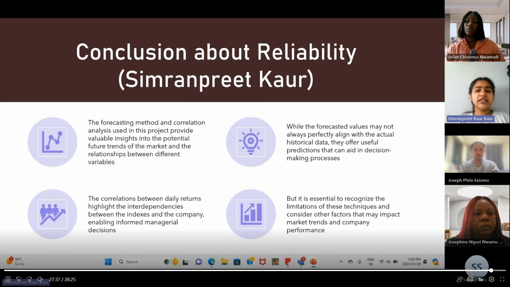Another important thing is that once the predictions are done, the company should not completely depend on these predictions, because there are some limitations to them. Sometimes there can be some market situation, like inflation or some other reasons, or a reduction in the labor market. Anything can happen which can change the original trend and cause more fluctuation. So it is important for the company to not completely rely on these results, but these forecasted values are very useful in aiding the decision-making process.